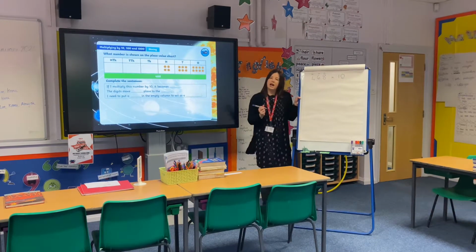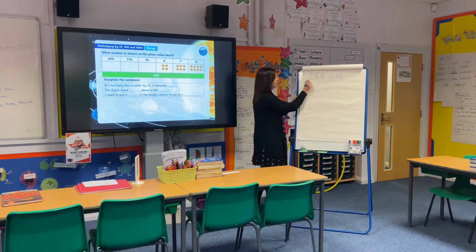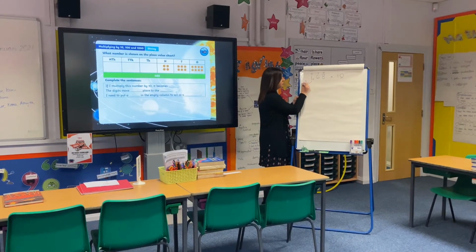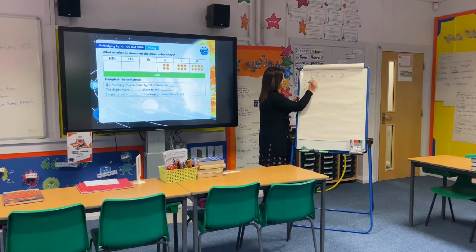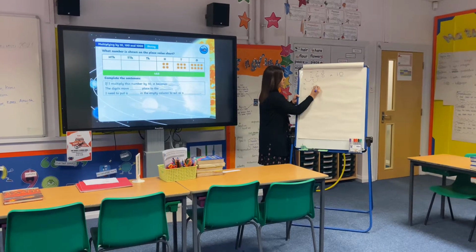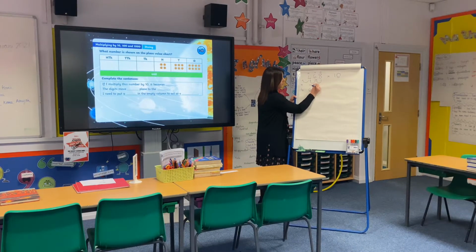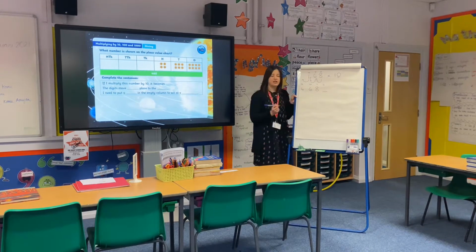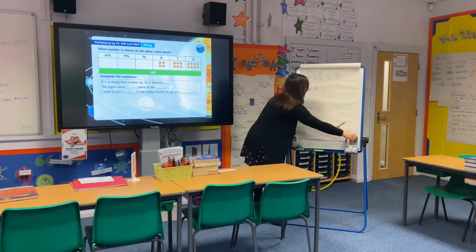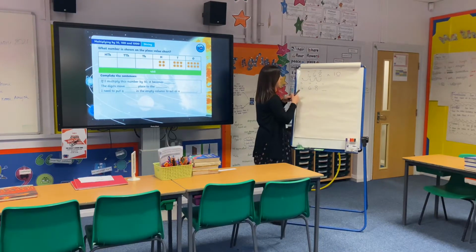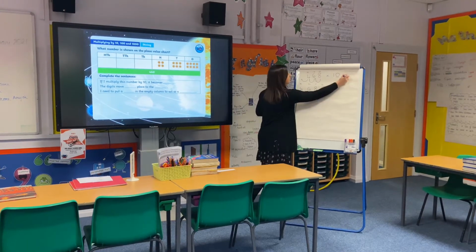remember, we have to move every number one place to the left. So my 400s would move to my thousands. My 6 tens would move to 600s. My 8 ones would move to 8 tens, which means I've got a space in my ones. Can you remember what I put there? Super, it is my placeholder. So 468 times by 10 would equal